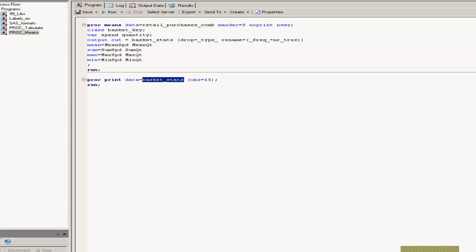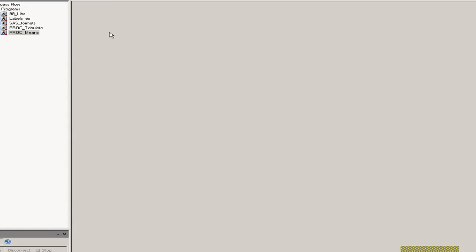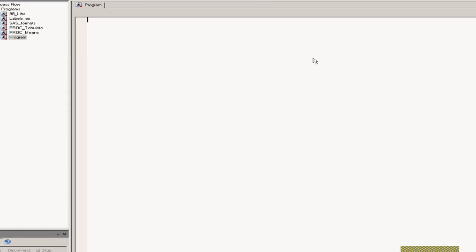If we now go and create a new program to illustrate another technique that we briefly touched upon, let's just create a new program and rename that as grouping format. Here we want to start off by creating a format, so we'll just go proc format, and then we want to create a format for the basket